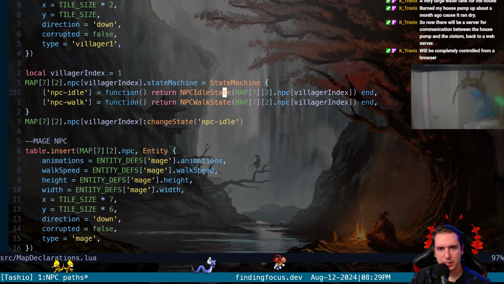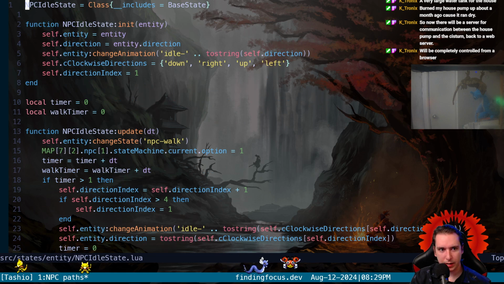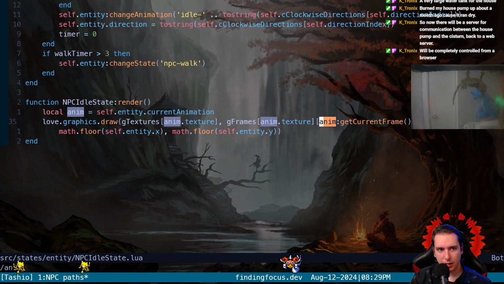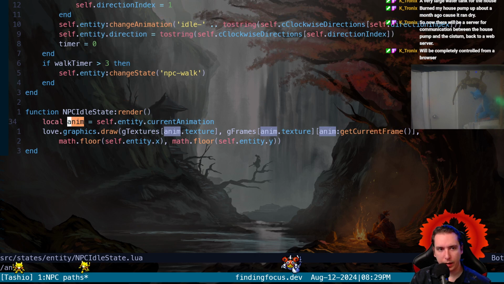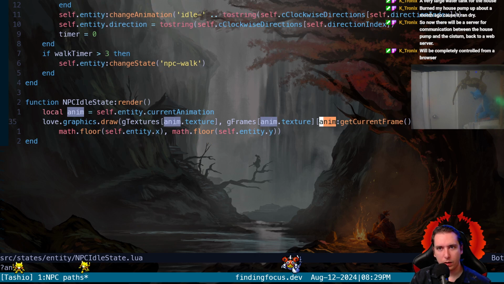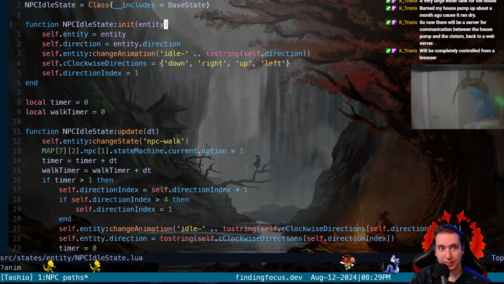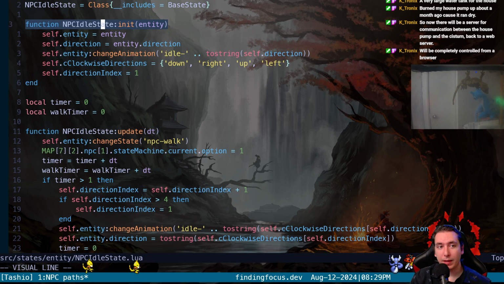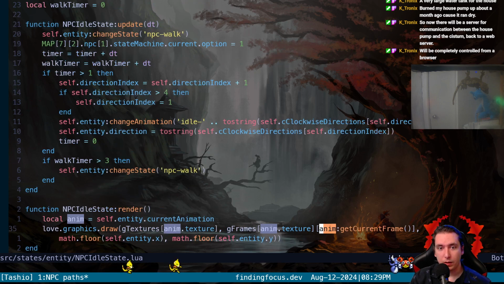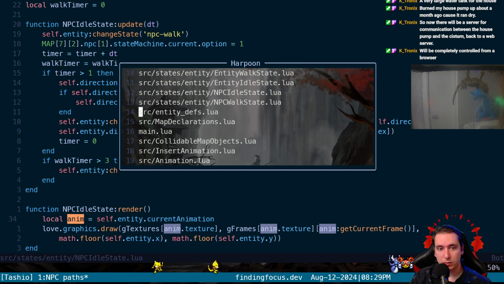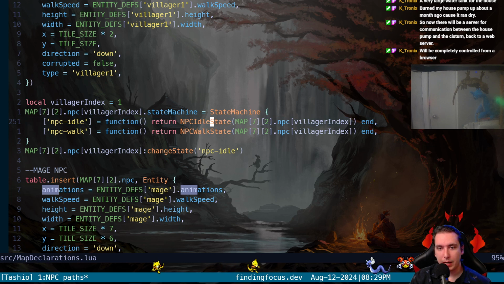Let's dig into our idle state and see if there is an anim. There is an anim. That's how we render. And it's an anim from our self.entity.current animation. If we look at what that self.entity is, it's the parameter that we initialize our state with. So when we're in our map declarations and we say, give us an idle state with a specific entity, we're going into our NPC table at our villager index, that is our villager entity. We're saying, give us